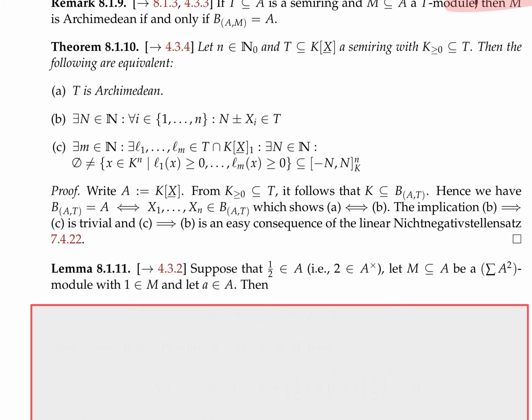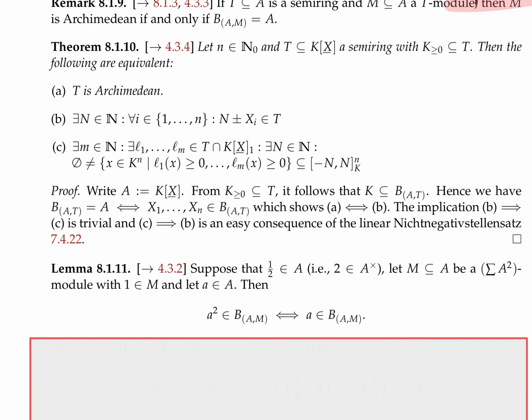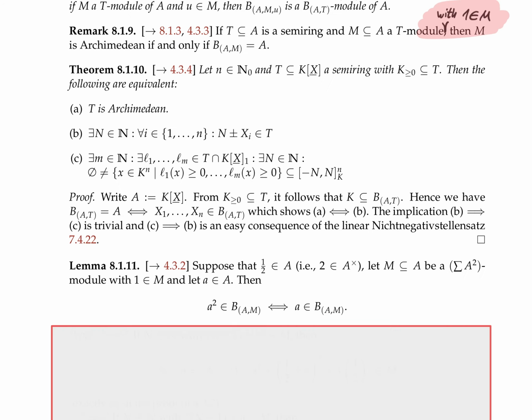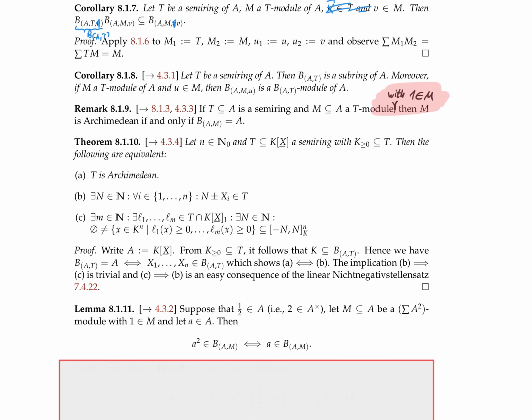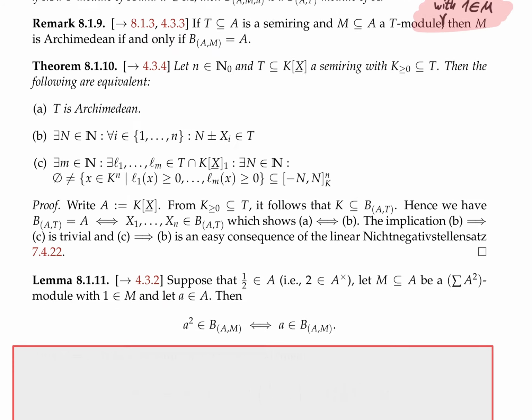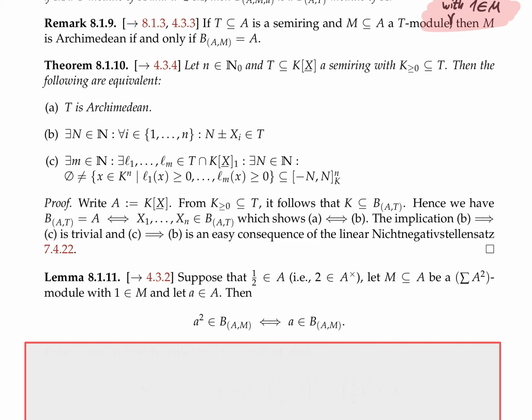So the next lemma shows that, in some sense, this set of elements is arithmetically bounded with respect to the sums of squares module. Suppose that 1/2 lies in A, that means 2 is invertible in A. 2 stands for 1 plus 1, of course, right? So then,